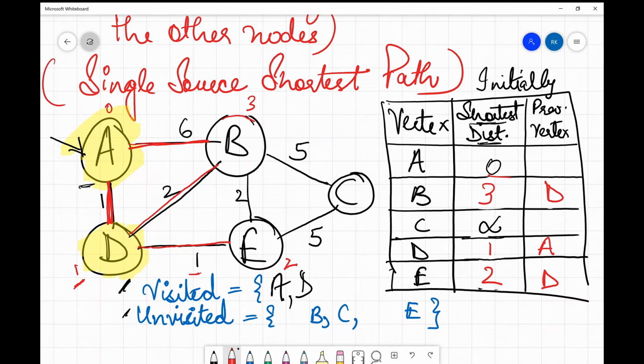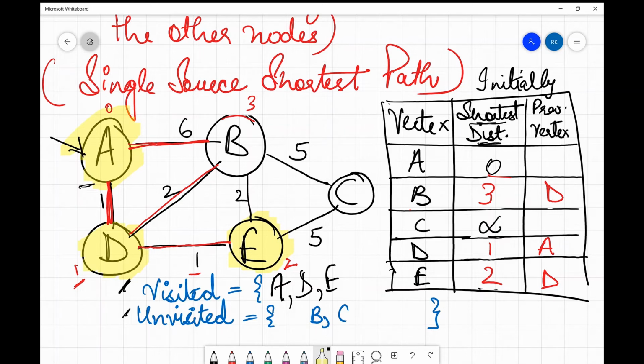So next, which element are we going to process? Again in the table over here, we can check the shortest distances. We'll check the node with the least distance and which is unprocessed. Among B and E, E has the smaller distance cost, which is 2. So we'll start with E next. I take this out from the unvisited list, insert it into the visited list, mark it visited, and start with E now.